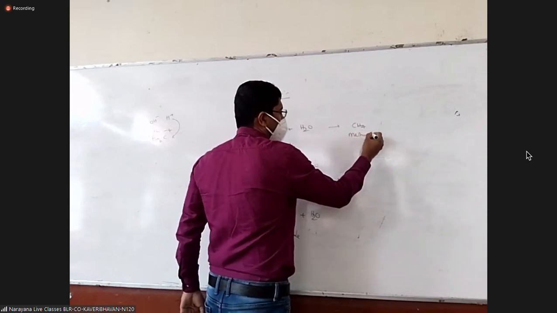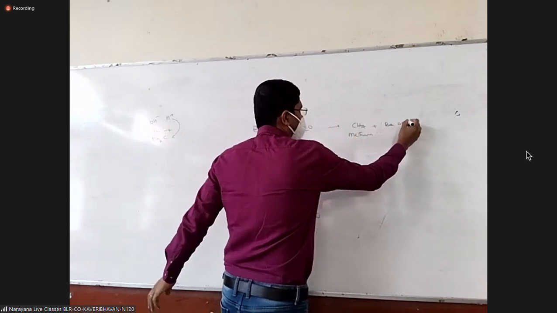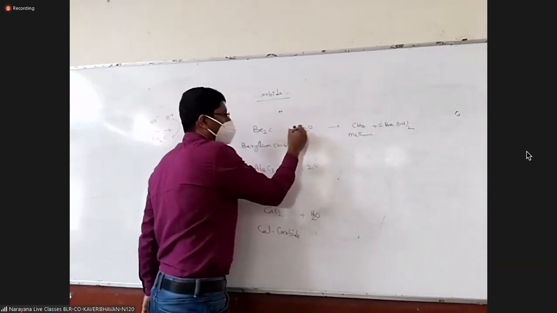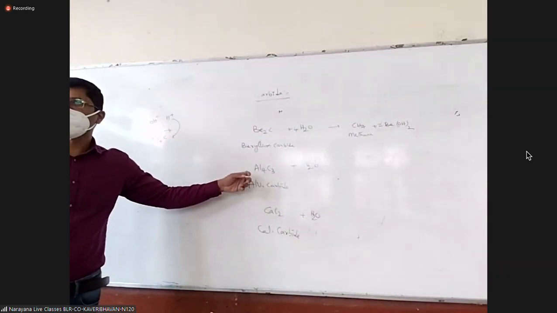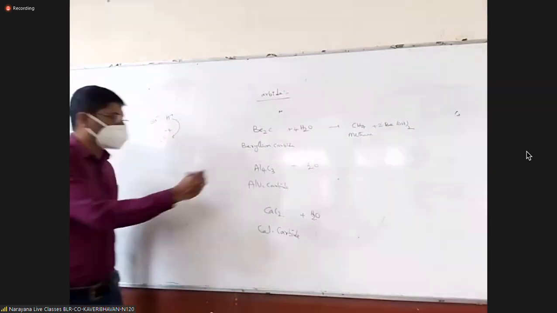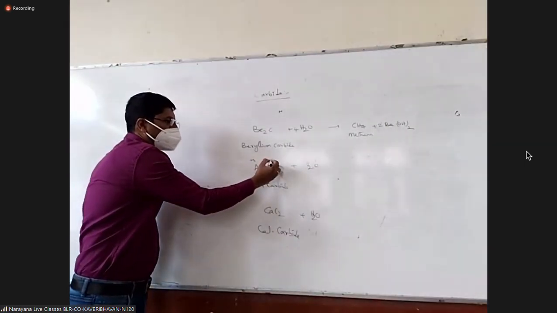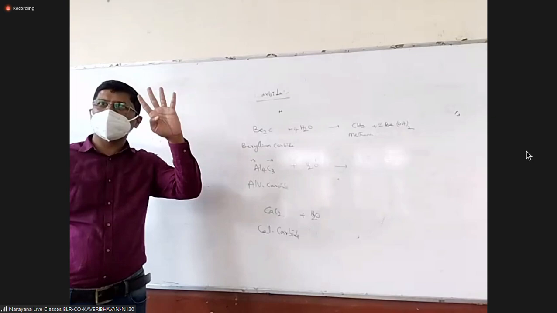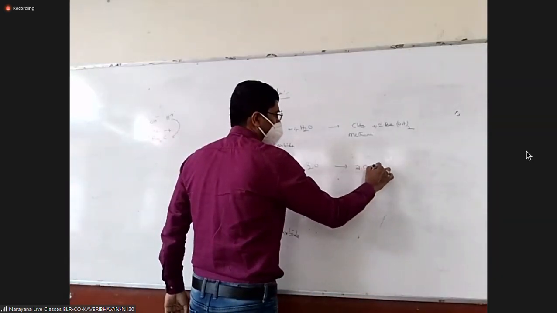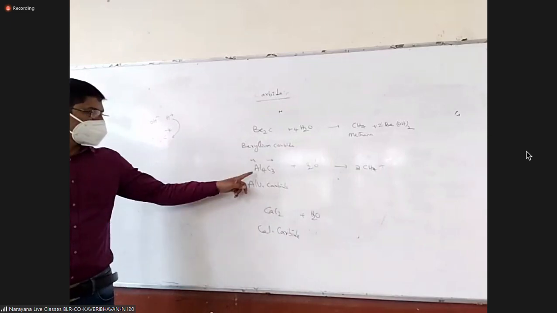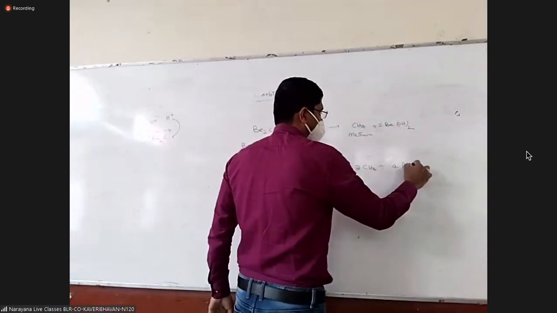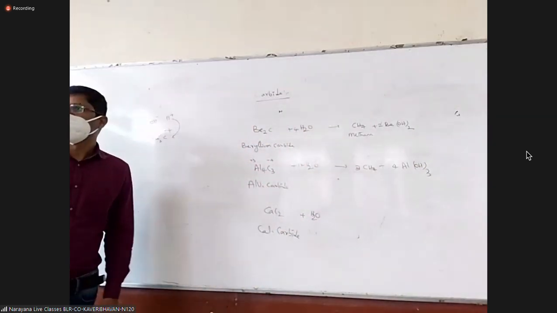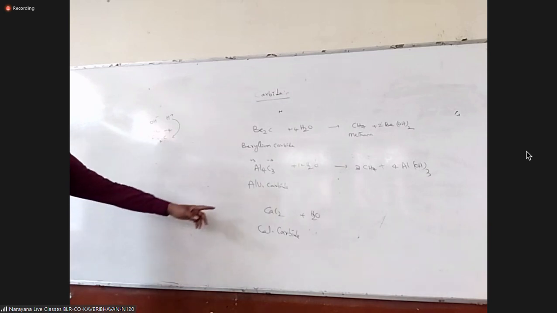And the next one, what is that? Be. So how many Be's are there? 2 for oxygen, for H2. Now tell me in this same way. Aluminium is 13th group, plus 3. This will be minus 4. What is the product? Carbon first, 4 hydrogens. So 3 CH4 plus Al(OH)3. Right. So 4 times 3 is 12. Balance it.